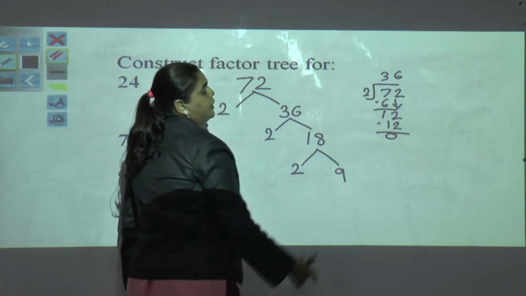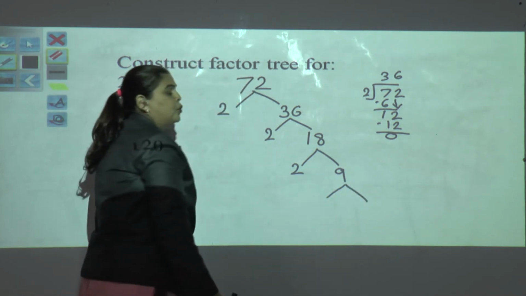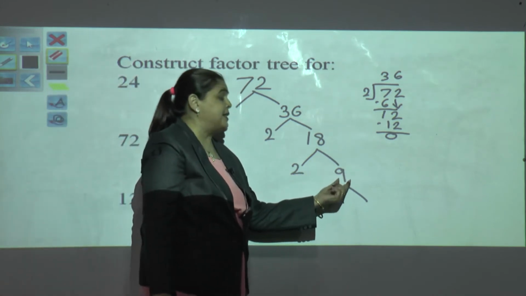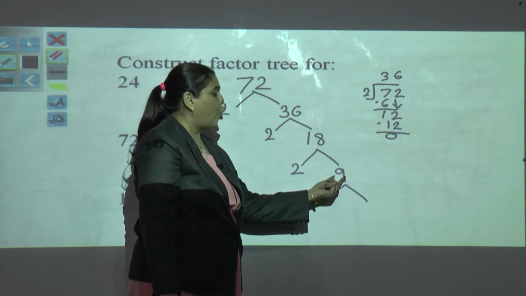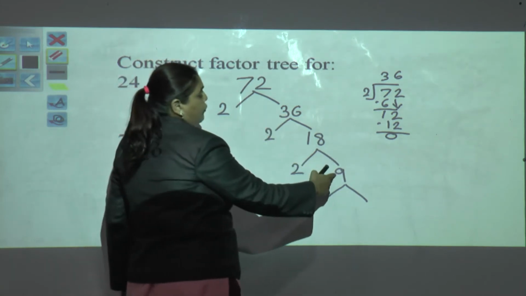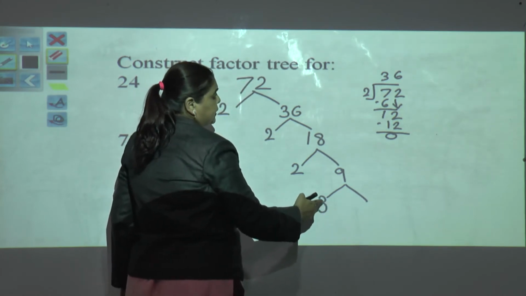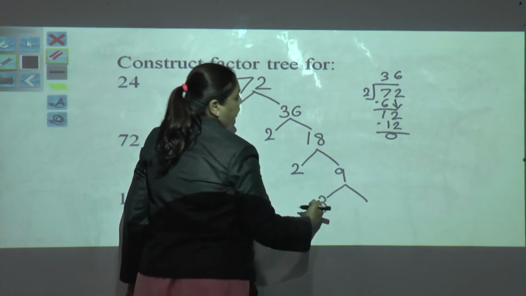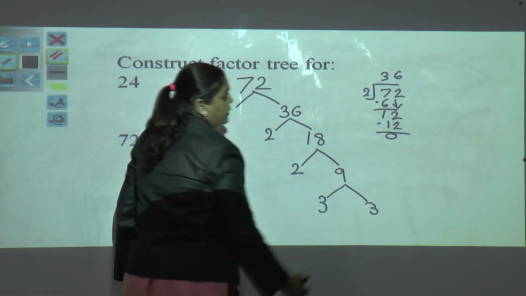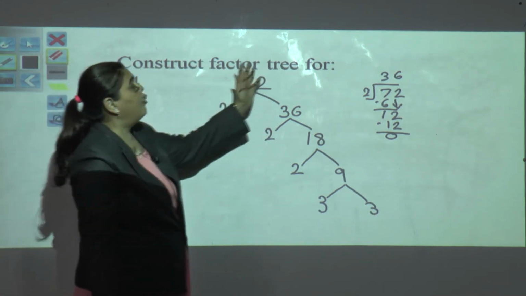Again we have a 9, which is a greater number, so again we will go for the factors of 9. We have to try with 2 first, but here we don't have an even number, it's an odd number, so we have to try with 3. Can we have factors of 9? What will be the factors? 3 3s are 9, 3 1s are 3, 3 2s are 6, 3 3s are 9. You can recite the table in your mind and find the factors by the factor tree